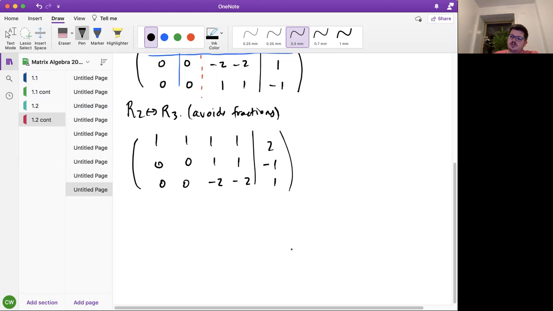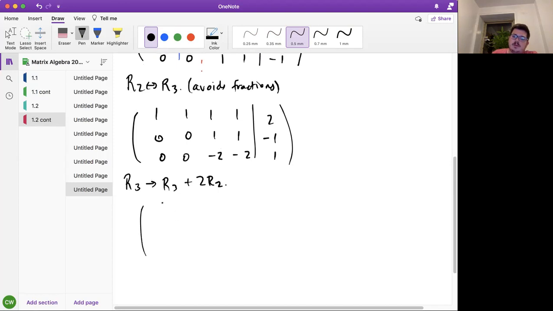So remember, let's think about it in type 3s because we can just do that in one step. So I think what you mean is to do row 3 to row 3 plus 2 row 2. Yeah. Okay. Again, you can do a type 2 and then add, but I think it's better to do it all in one step. Okay, so what do we get? And then what we get here is